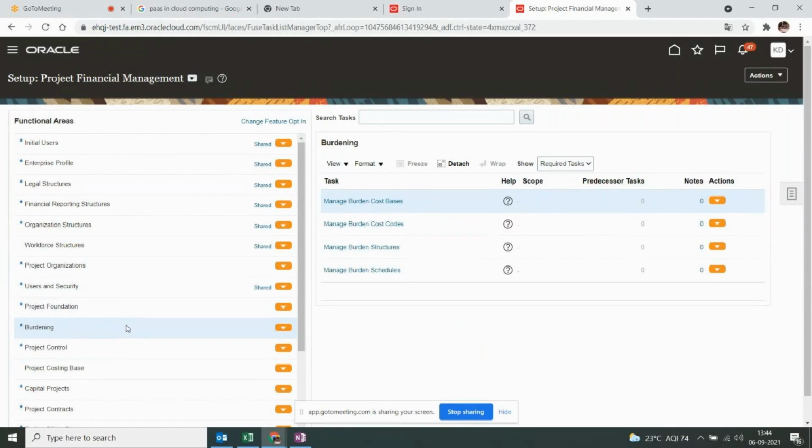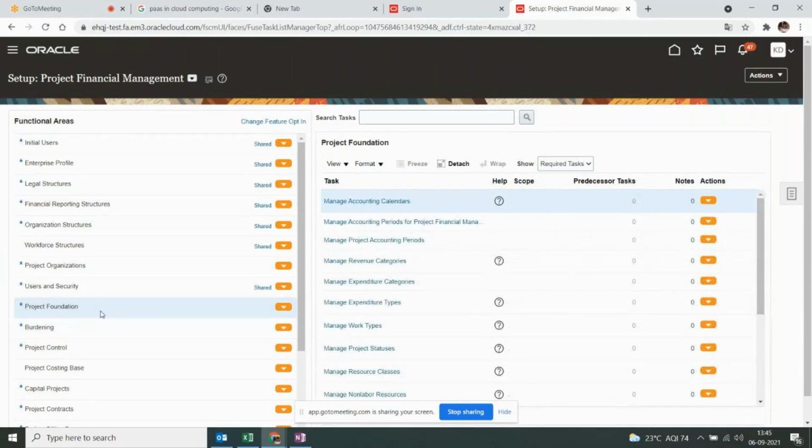These are very important, because we still haven't dived into PPM fully. I'm just making you familiar with the different available objects within this application. Irrespective of the offering, whether you are in financials or HCM, whatever it is, every offering contains functional areas, and each functional area contains tasks.